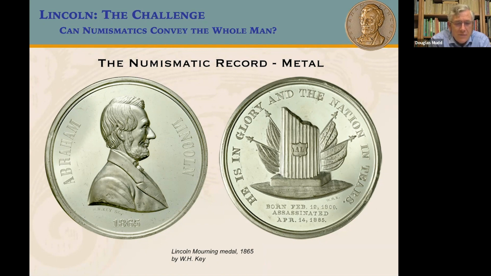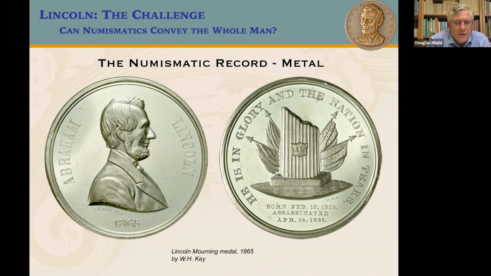And this medal is an example of the kind of works that were done. It's done by W.H. Key in 1865, and it shows a somber Lincoln, not a whole lot of expression